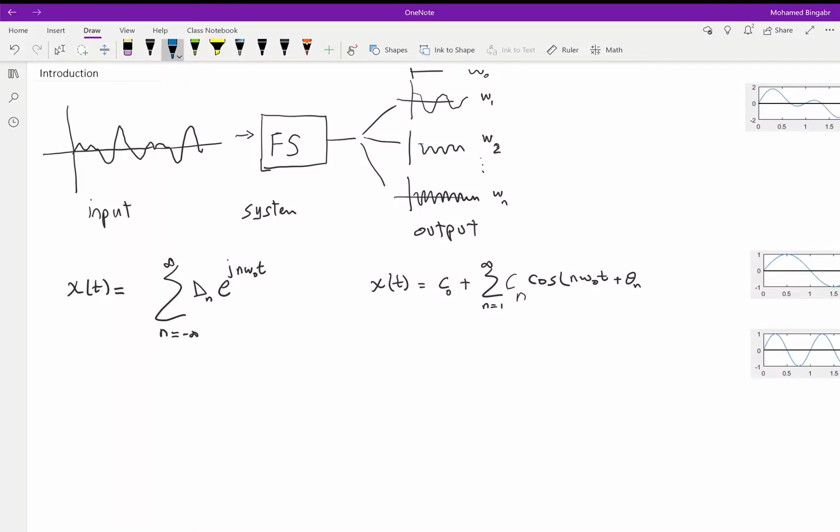Hello everyone. In the previous video, we said we can think of the Fourier series, the mathematical technique, as a system where the input to the system is a periodic signal x of t. And what the Fourier series does is take the signal x of t and decompose it to its harmonics. Basically, it will show us how much DC is present in this signal x of t, the lowest frequency,